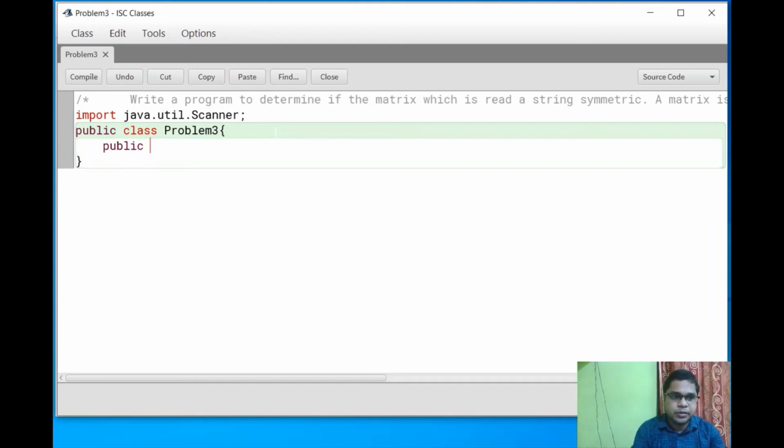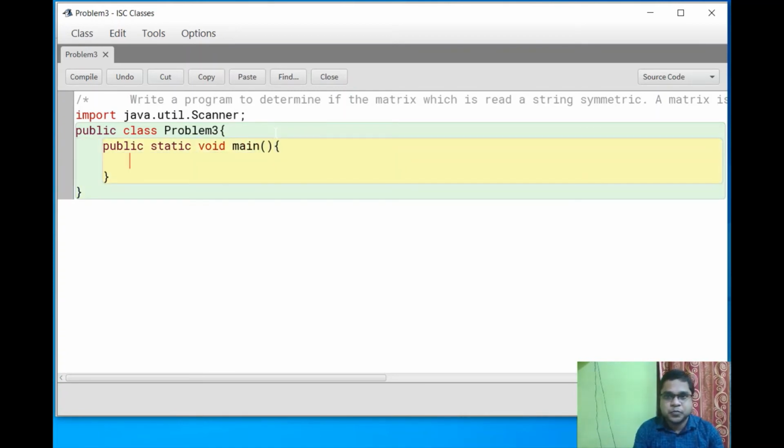Then public static void main, here it is my main method. Now we have to declare an array. This is a matrix type, means in a matrix there are rows and columns. So here I am using a two dimensional array. Let's take the array as arr.